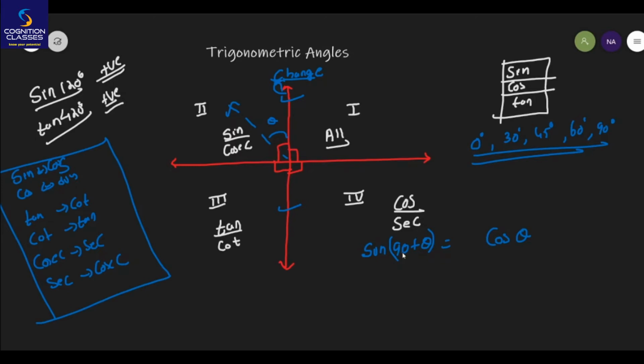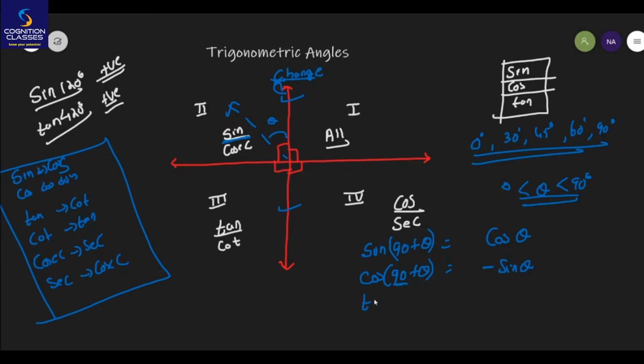And next, about the sign, whether it will be positive or negative. We know that in the second quadrant sine is always positive, so I can say that sine 90 plus theta will be equal to cos theta. Moving to next, if someone asks me what is the value of cos 90 plus theta, then because this 90 degree is present, cos will change to sine. Now what about the sign, whether minus or plus? Let's check. Cos 90 plus theta means second quadrant. In the second quadrant the value of cos is negative, so for cos I will have to give a minus sign here. Or you should assume that theta is an acute angle, that is, it belongs to 0 to 90 degree. Only then will these angles fall in the second quadrant.